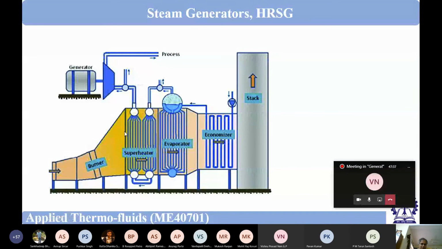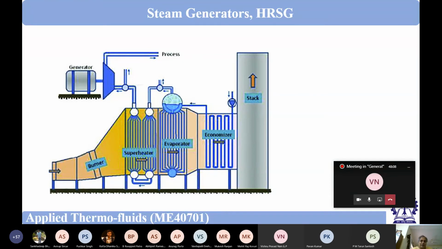In the arrangement, the gas flow is in this direction, and the operating fluid of the thermal power plant is flowing in the opposite direction. So globally, it is a counter flow type of heat exchanger. Basically, it is a very big heat exchanger, and it is a counter flow type.